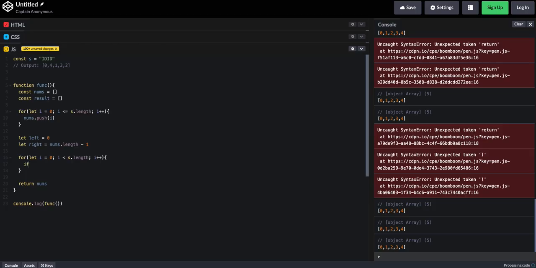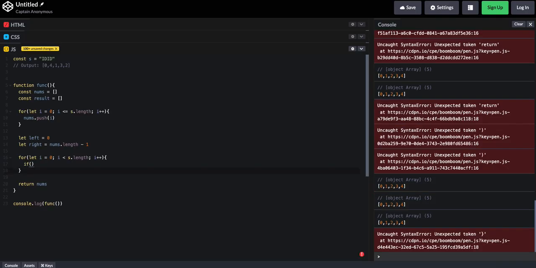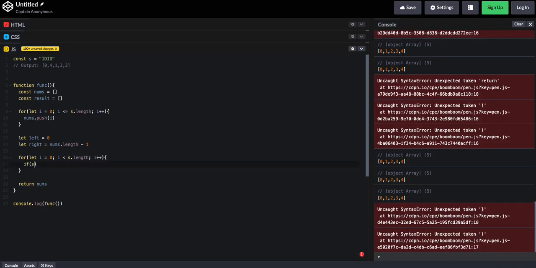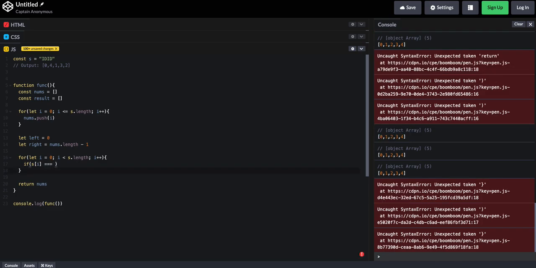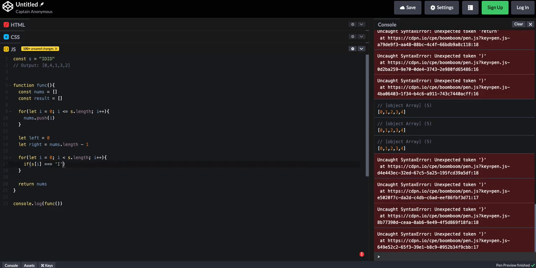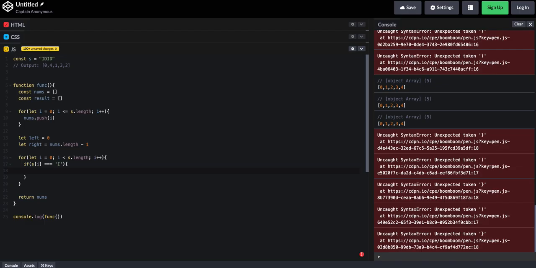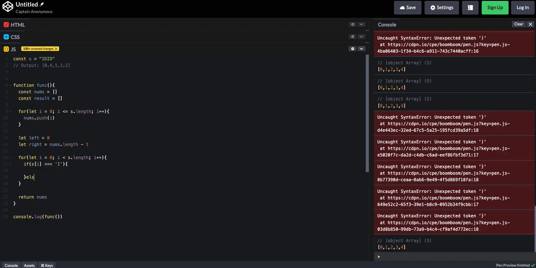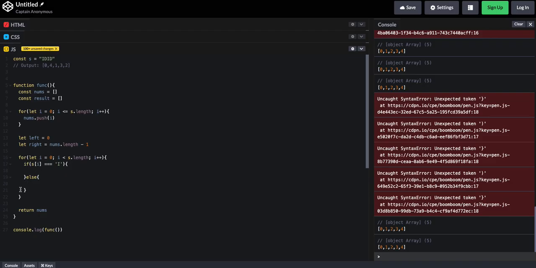The if is going to be if s at i is equal to I, then we're going to do some stuff. If not, we're going to do some other stuff. Right, so basically this is if it's I, this is if it's D. So if it's I,